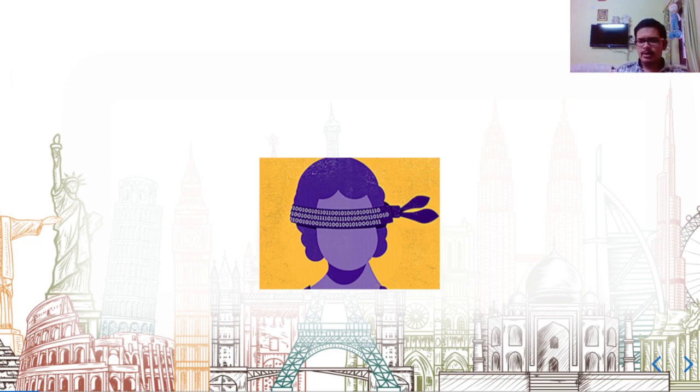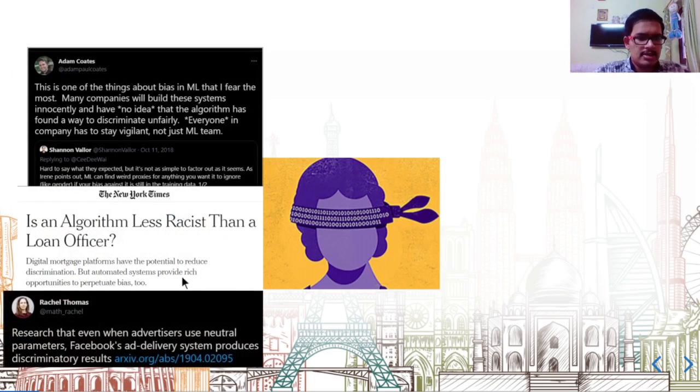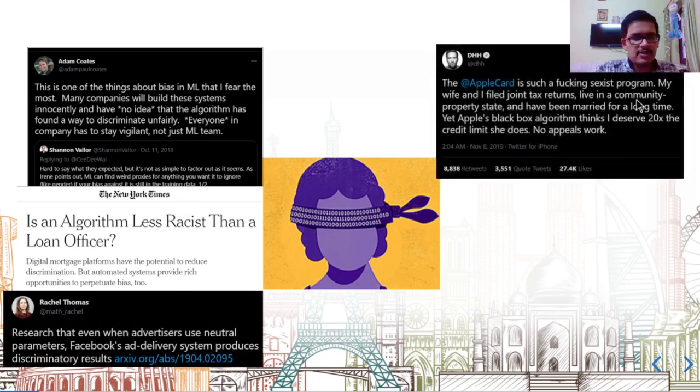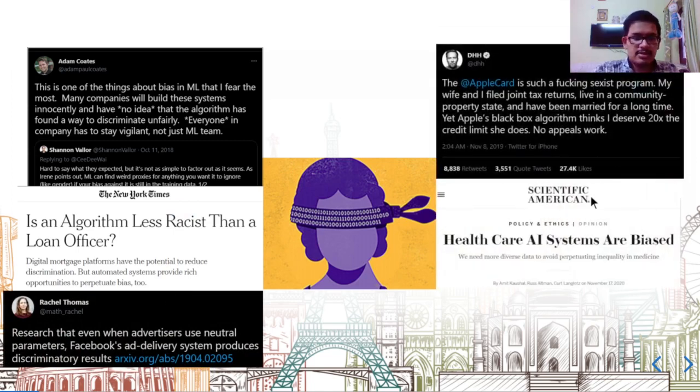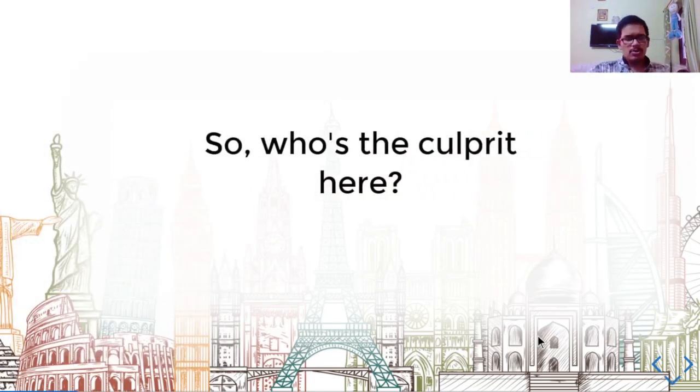Biases in training data and model inaccuracies often lead to decisions that treat individuals unfavorably based on characteristics like race, gender, disabilities, sexual or political orientation, etc. Multiple cases of unfair treatment have been reported in AI systems in numerous domains, in various general models, in loan approvals, advertisements, financial services, AI healthcare systems, AI recruitment systems, etc. So, who's the culprit here?